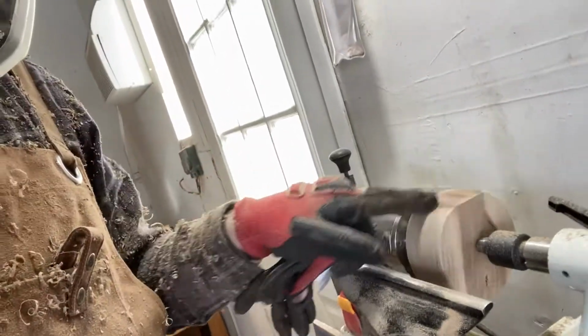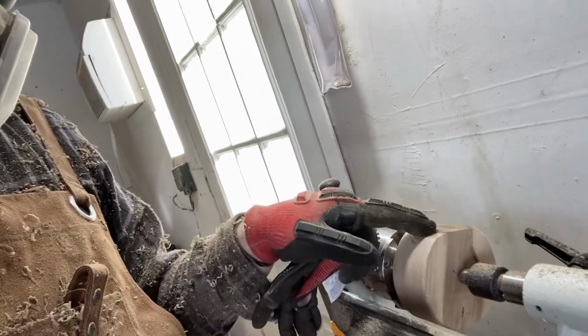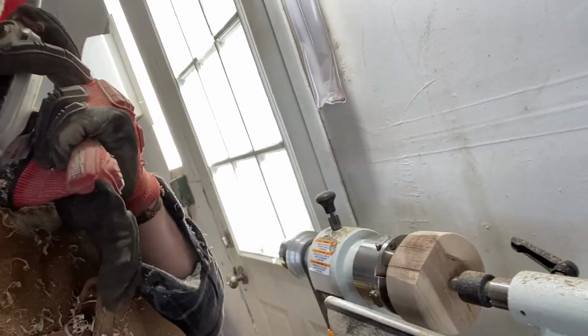Right now, I'm on the lathe. I'm turning a little spoon rest, or a ladle rest, for my mom. This is English walnut. I had a big slab of it. Made a few things out of it,